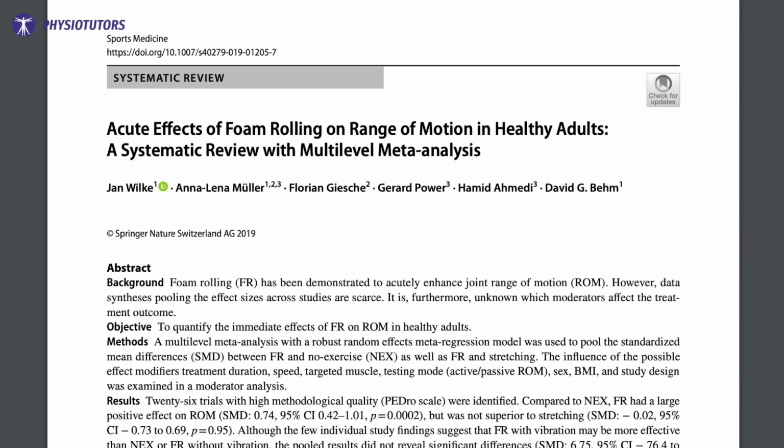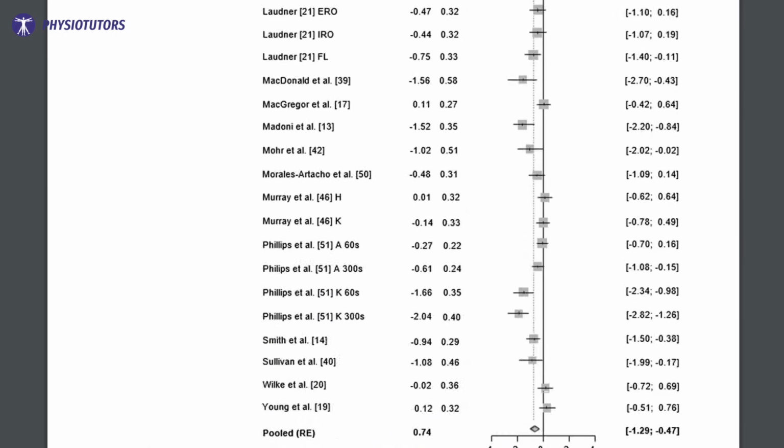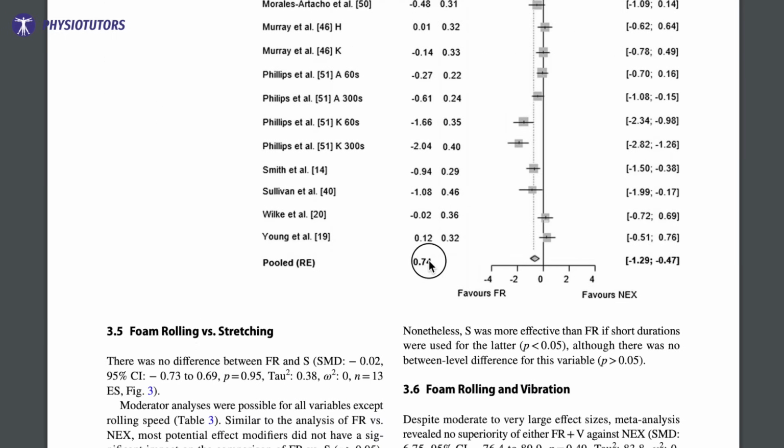We mentioned an increase in flexibility in a prior study. There's another multi-level meta-analysis by Wilk et al. in the year 2020 that solely focused on the acute effect of foam rolling in healthy adults. The effects on range of motion were also compared to that of stretching or no exercise at all. They found a large positive effect on range of motion with an SMD of 0.74 compared to no exercise but